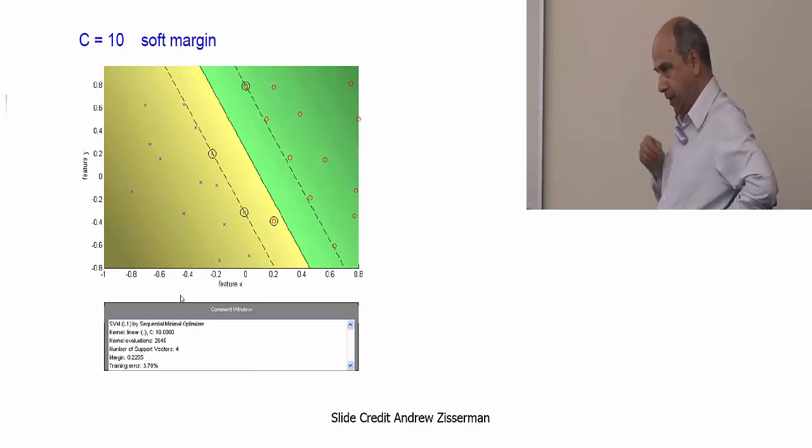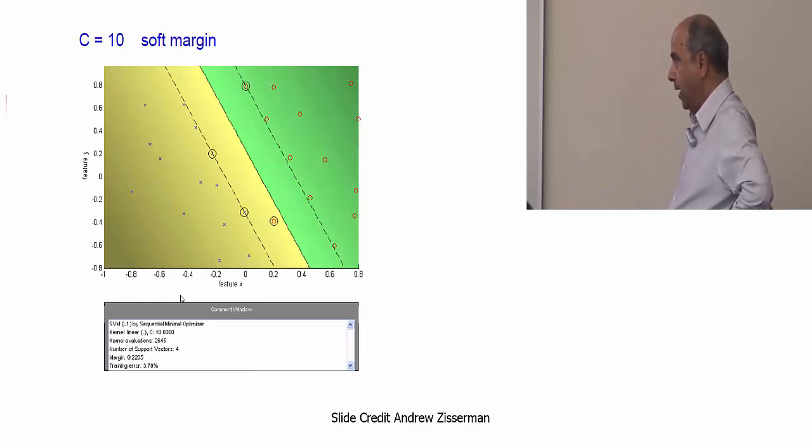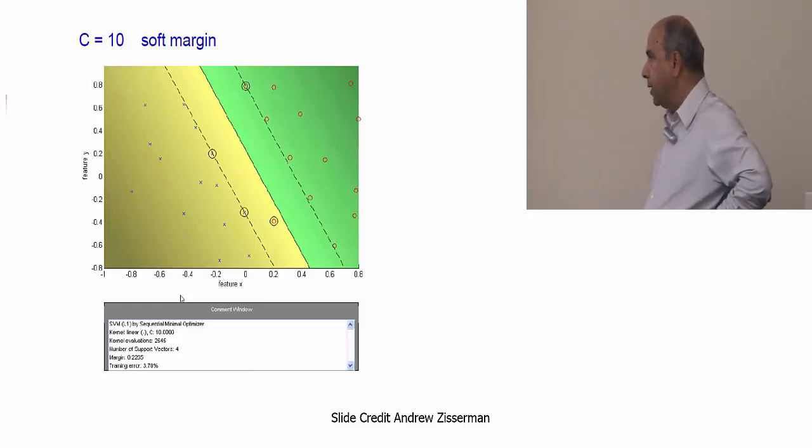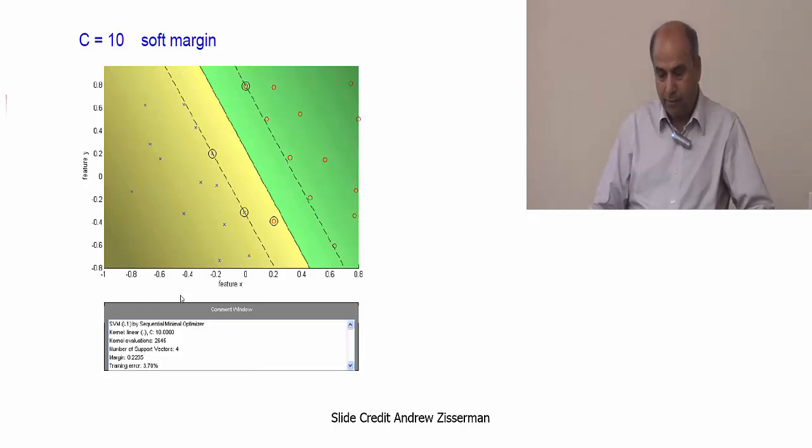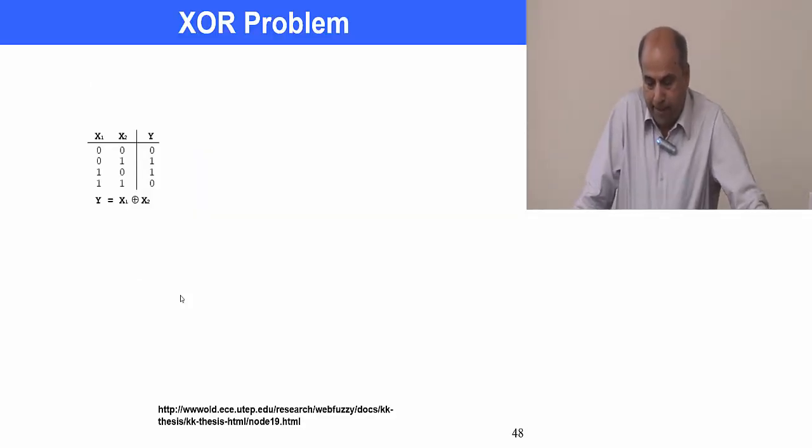Typically, for simplification, you can just set C equal to 1, and that I think will work okay. So that's that. Then we're going to talk about the kernel SVM, and as I told you last time,